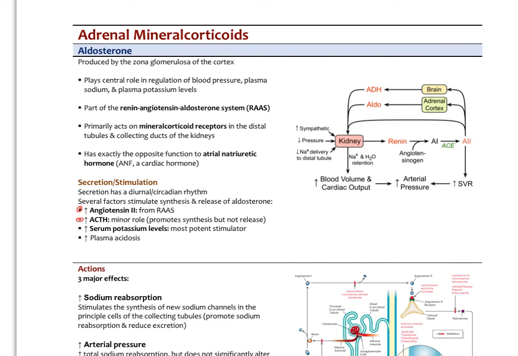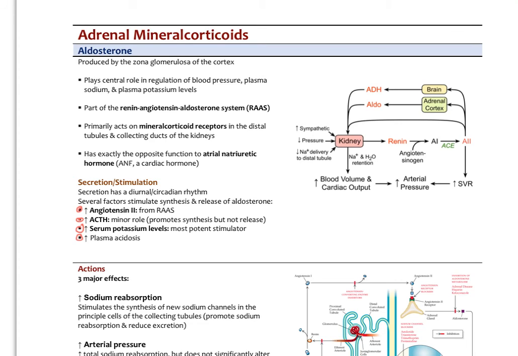ACTH has a little bit of an effect, has a minor role. It promotes the synthesis of aldosterone, but not the release. Increased plasma potassium levels is a very potent stimulator, and then increased acidosis. So think of aldosterone as kind of working with antidiuretic hormone to increase your fluid volume, and